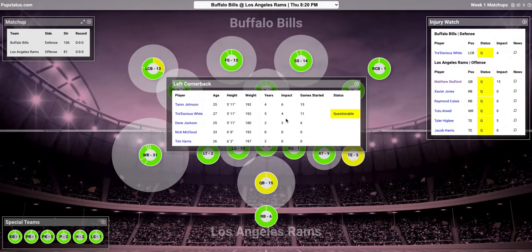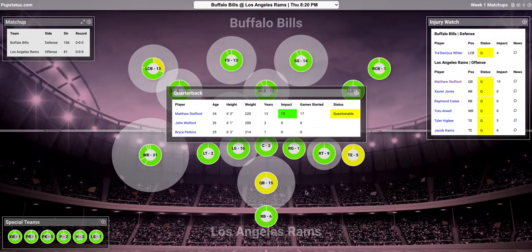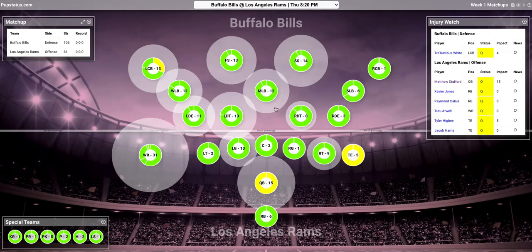But obviously, that's something you're going to decide for yourself this season, at least until we catch up with the impact for this season. But I wouldn't honestly use this so much for the impact of your role players or your studs, so to speak. Those are pretty obvious. You know what Matthew Stafford means to the Rams. At least I hope you do if you're playing fantasy sports. So yeah, again, this is more for linemen and defense to suss out what kind of impact that particular injury will have.